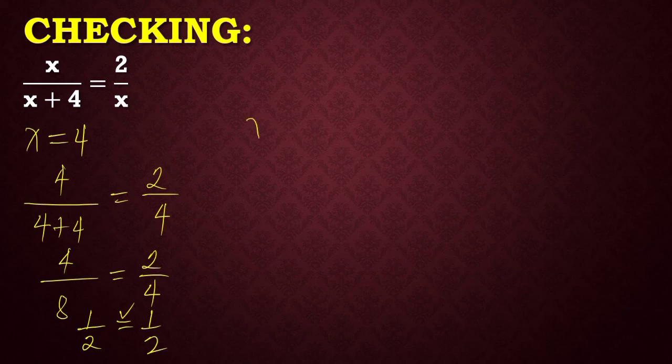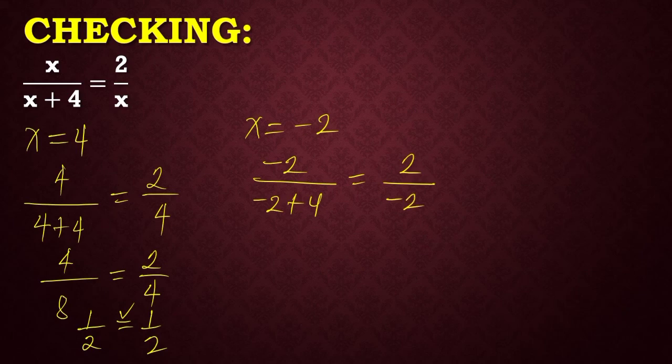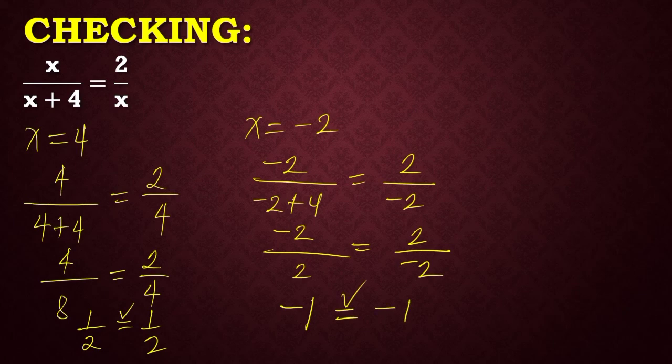What about x equals negative 2? That is negative 2 over negative 2 plus 4 is equal to 2 over negative 2. So, negative 2 over negative 2 plus 4, that is positive 2, is equal to 2 over negative 2. So if we divide negative 2 by 2, that is negative 1, is equal to 2 divided by negative 2, that is also negative 1. So yung mga nakuha nating values na x is equal to 4, tsaka x is equal to negative 2, parehong